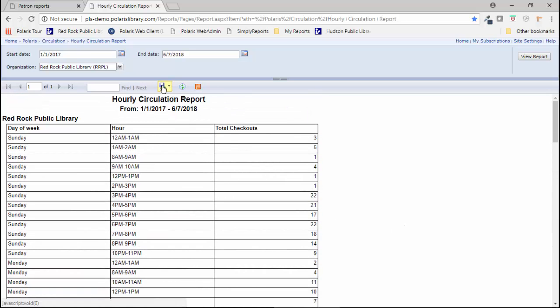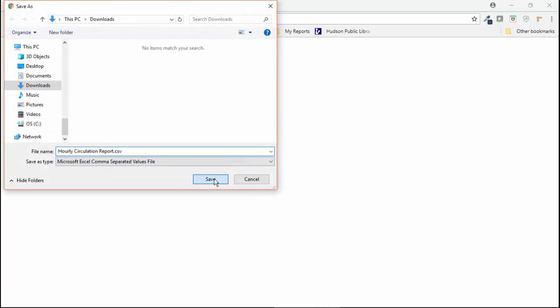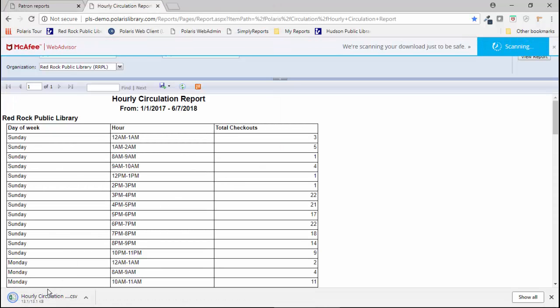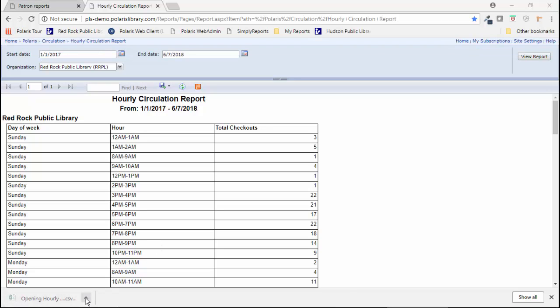Probably the most important thing about reports is the ability to output the report in any number of formats. So you can see my different options here. One of my favorites is to bring up a report as a comma delimited file, which is actually accessible by Microsoft Excel. So I'll bring that Excel file